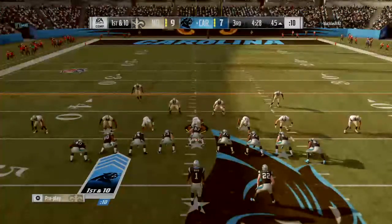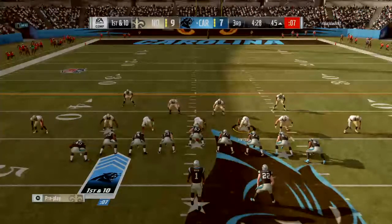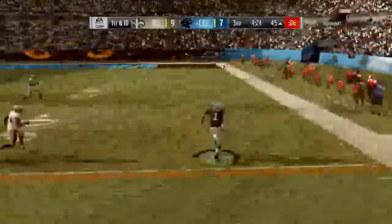Gun. Set. 180. Got some real estate inside the 30, and he'll be taken down at the